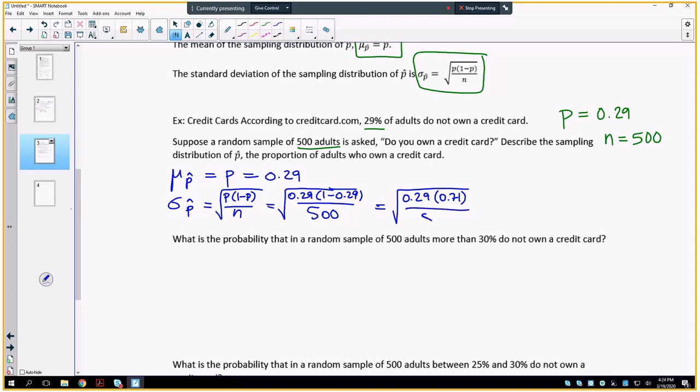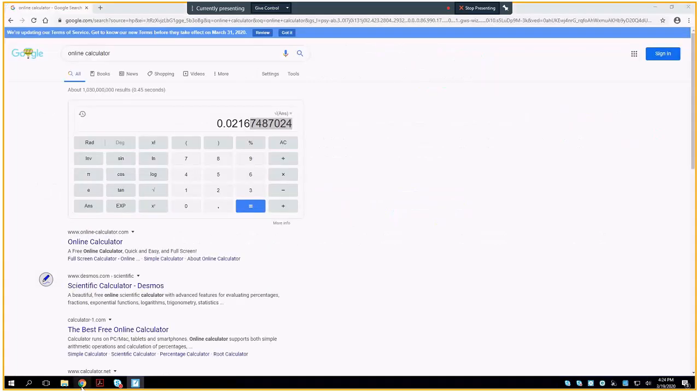Previously I had written 0.81. That should give us a slightly different standard deviation for the sampling distribution. So 0.29 times 0.71 divided by 500, and the square root of that is